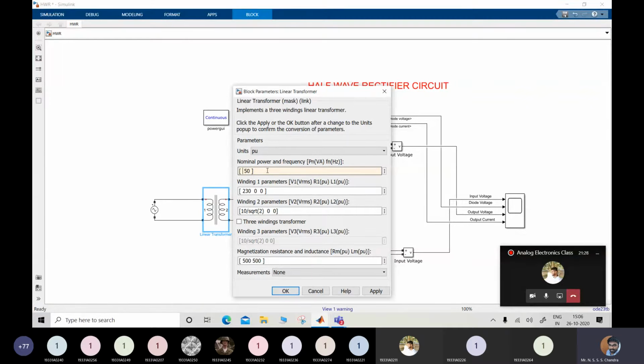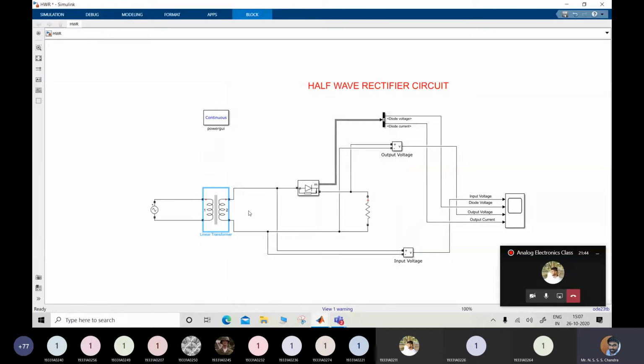First is the voltage across these terminals. Will the voltage across these terminals be a rectified voltage or a non-rectified voltage? Please tell me. Voltage at the transformer terminals. The transformer secondary terminals, non-rectified. It's a non-rectified voltage. The rectified voltage you will get only after crossing this diode. Only across the resistor you are going to get the rectified voltage, right? At the transformer it's still the sinusoidal voltage.